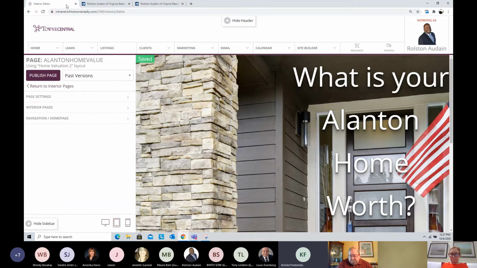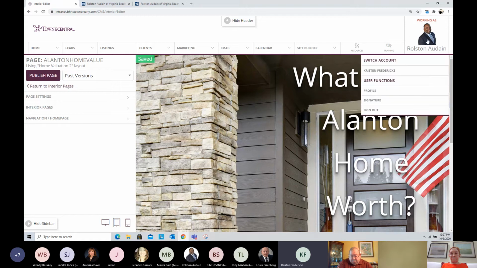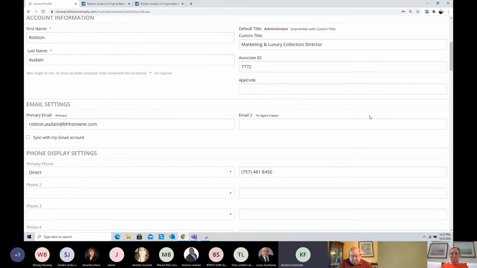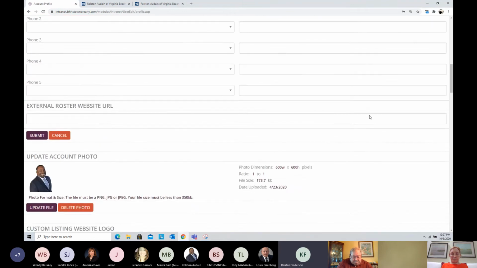And they have said that you have a new lead. I want to make sure that your settings for your leads are correct. So when you get done with this, I would like you all to log into Town Central, and I'd love for you to go to your profile. You can get to your profile by clicking your name and your picture up in the upper right-hand screen and clicking the profile button. Okay. If you scroll all the way down,